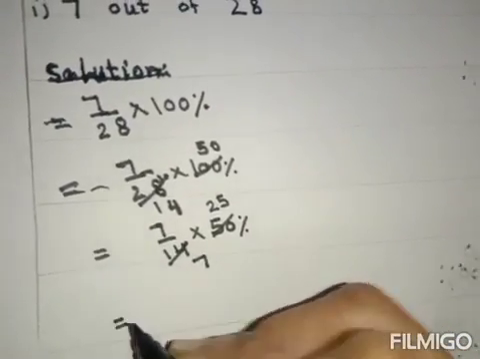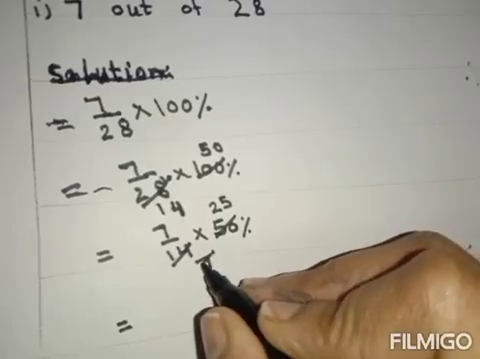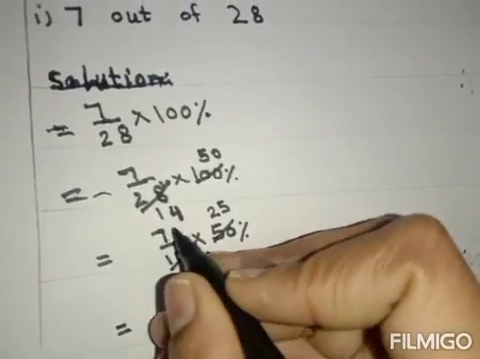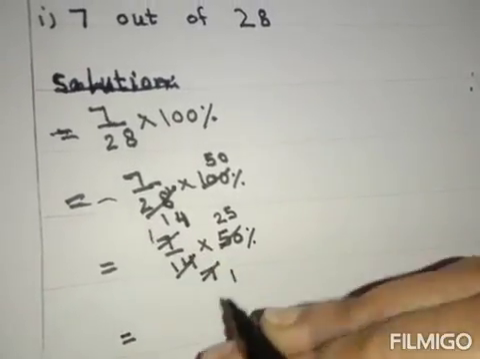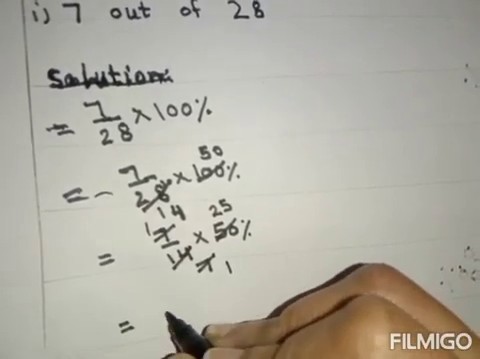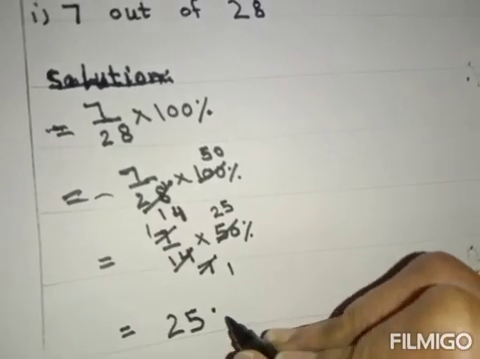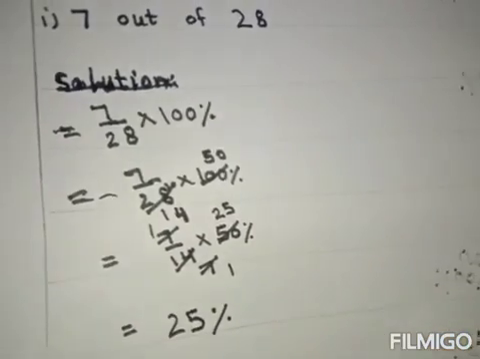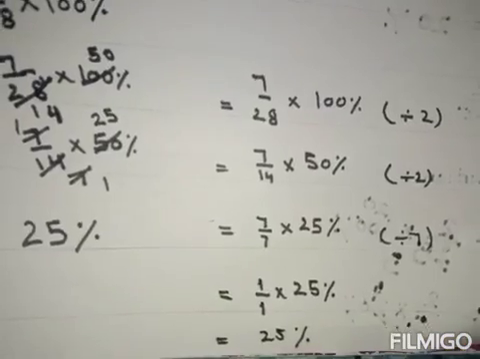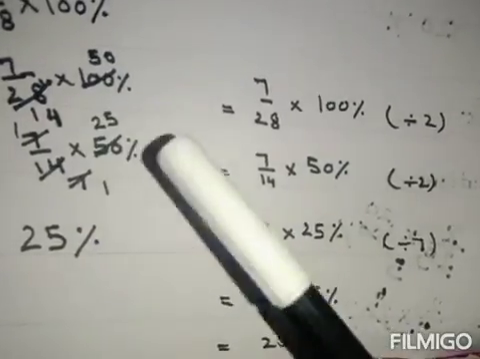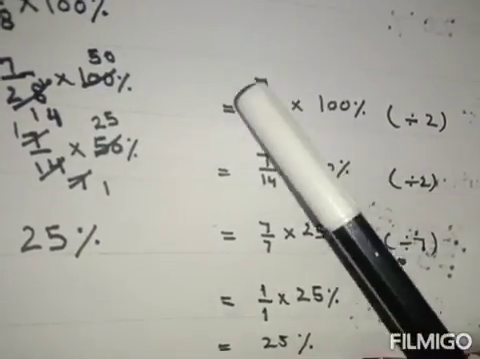Still 7 and 7 can be cut. 7 ones are 7, 7 ones are 7. So 25% is your answer. Or if you don't want to write that cutting procedure, you can just write 7 over 28